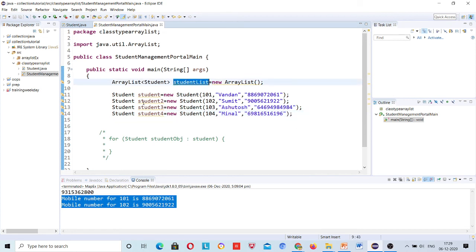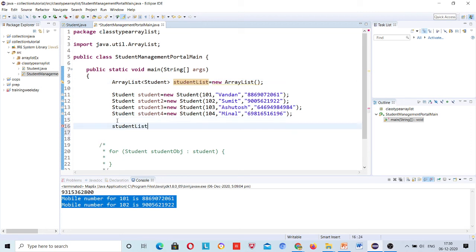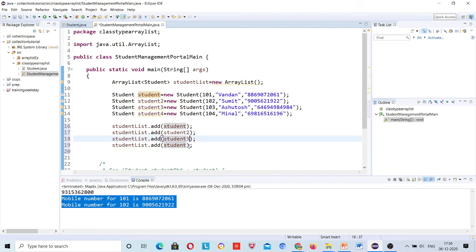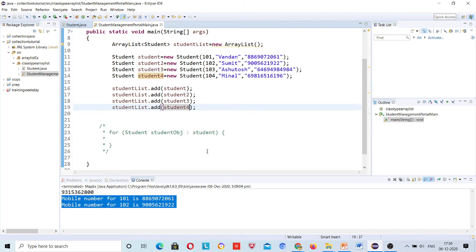Now I will add all these students to my list. So how will I do that? Dot add, first student, let me copy, student 2, student 3, student 4.